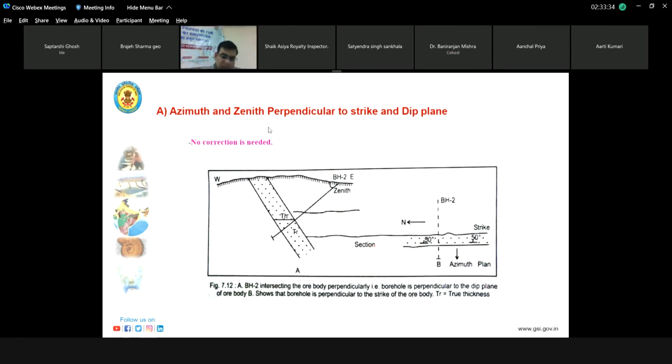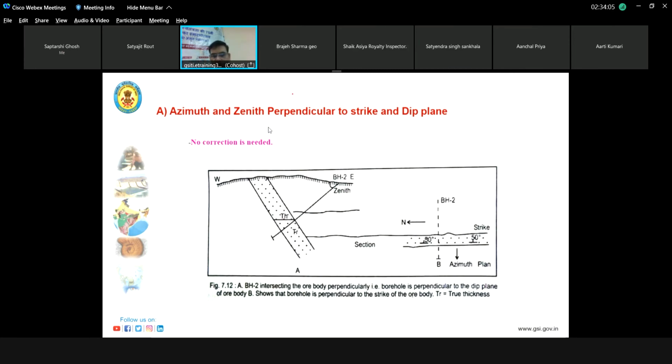So every time, at the end of the work, we have to calculate the true thickness. You have to calculate the resource. For the resource, you have to calculate the volume first. For the volume, you have to calculate the area and multiply by the thickness of the ore body. So that's why your true thickness is needed in your cross section method where you will calculate the resource, and for your LV section, longitudinal vertical section, then you have to consider the